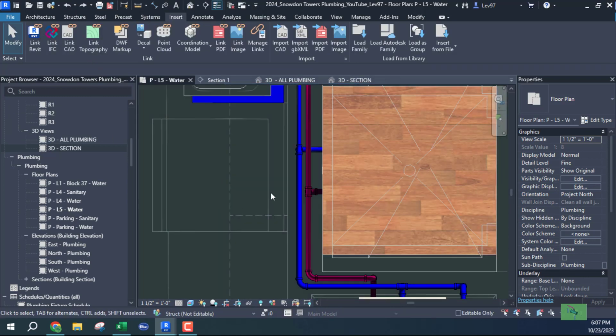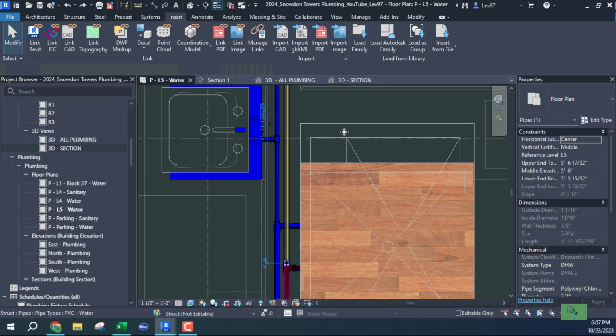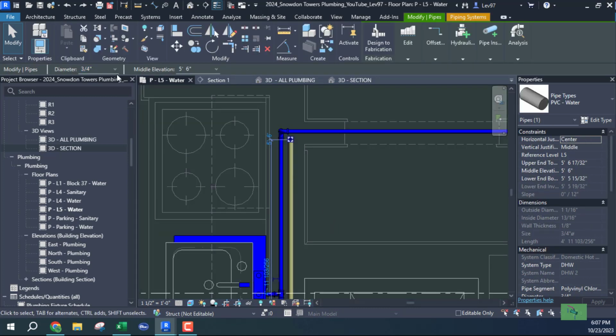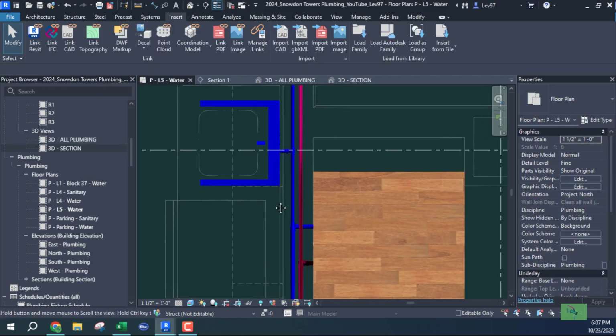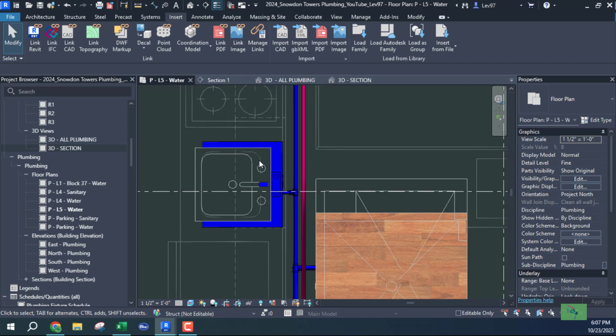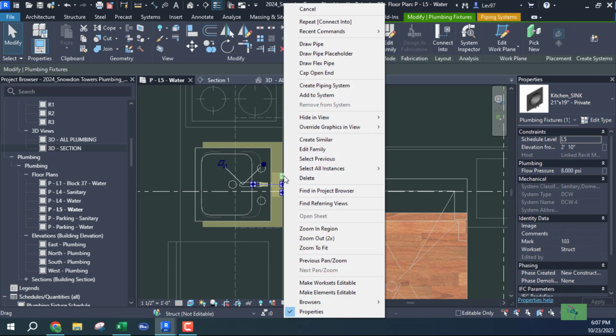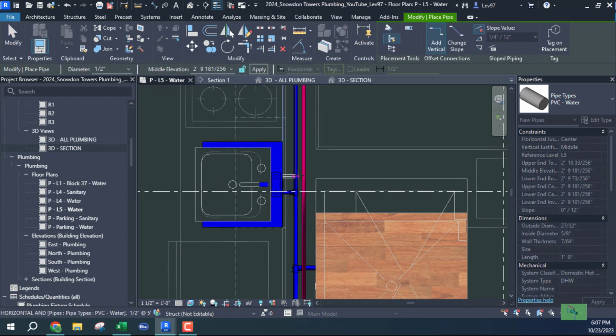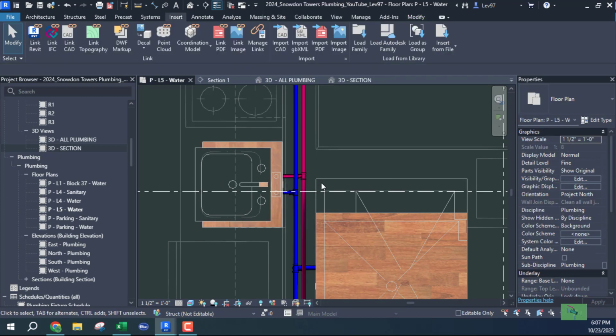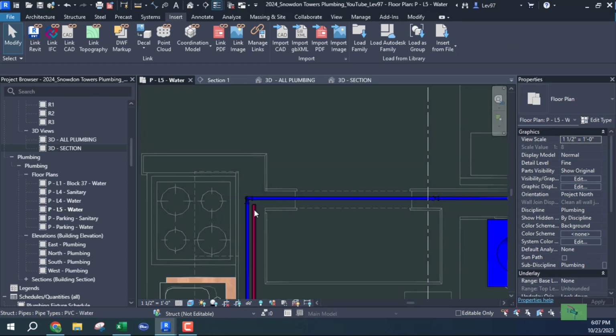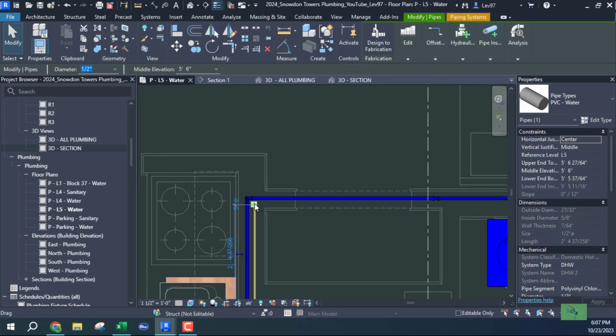Yes. So from here, it should be 1/2 inch. Let's go, or yeah, 1/2 inch. Okay. Okay, so draw a pipe to my hot water, do the same, go up 9 feet,